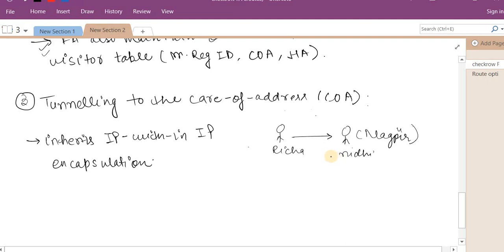But the packet will not get delivered to Nidhi, because Nidhi's IP address has changed, and Nidhi is using a care of address in order to perform the communication. How the packets will be tunneled towards Nidhi, that procedure is called tunneling. Basically it uses IP within IP encapsulation. So what it does,